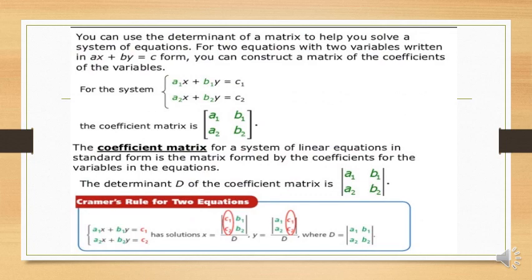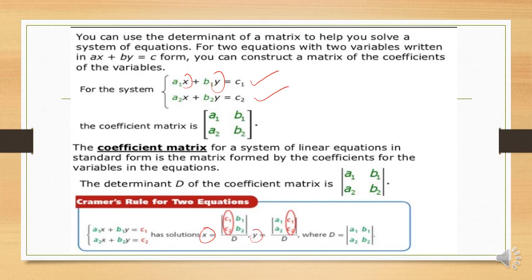Similarly, in our case, if we have equations like a1x plus b1y is equal to c1, and a2x plus b2y is equal to c2, we have to find the values of x and y. If we have 4 or 5 equations, how can we directly solve them? We will use the determinant method. Make the matrix, put the values of c1 and c2 in the x column, keep b1 and b2 in the other column, and divide by the determinant of the matrix. We are going to get the value of x.